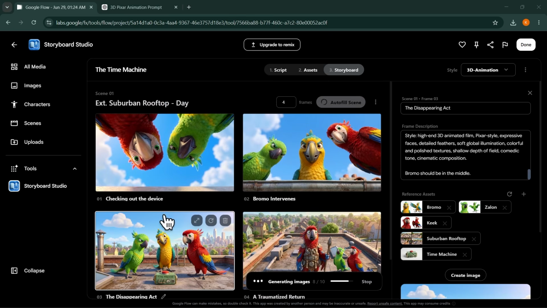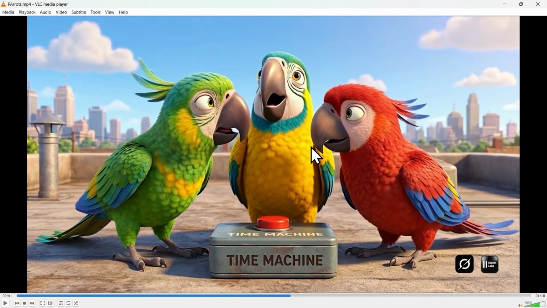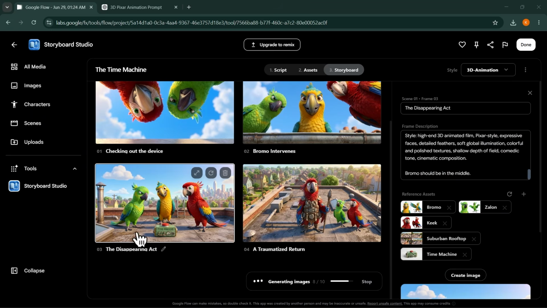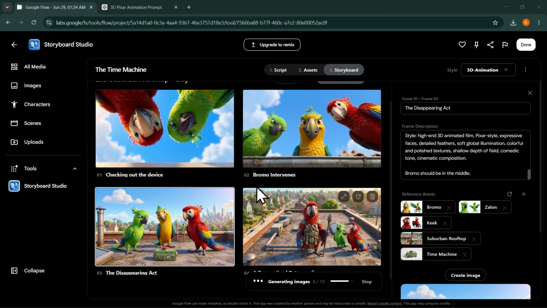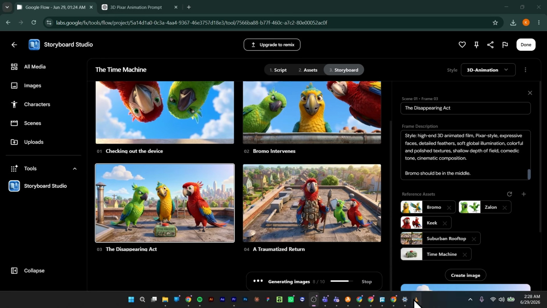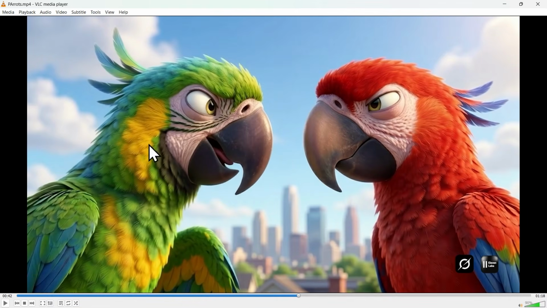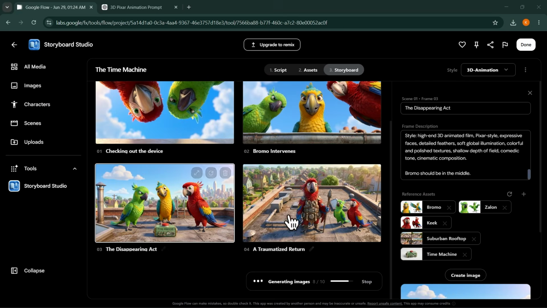Okay, so now we have our third shot, and you can see it looks almost the same as these shots that we have right here. So we have the three birds looking at the time machine in this location. Okay, now let's see the next shot that we have to generate in our animation. If I scroll, now you can see we have this shot of the green bird making a confrontation with the red bird. Now to do that again, let's